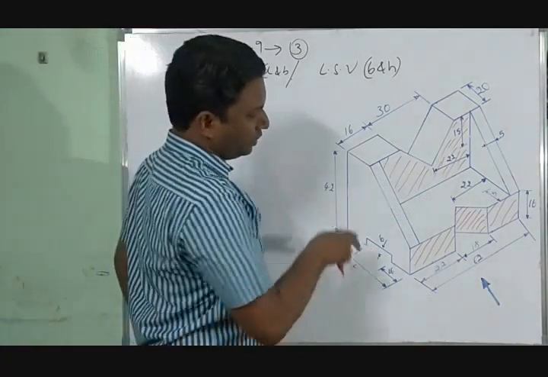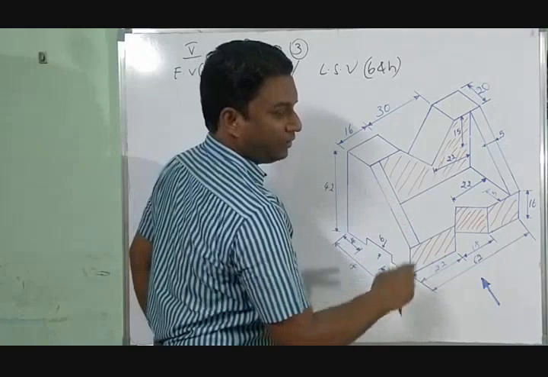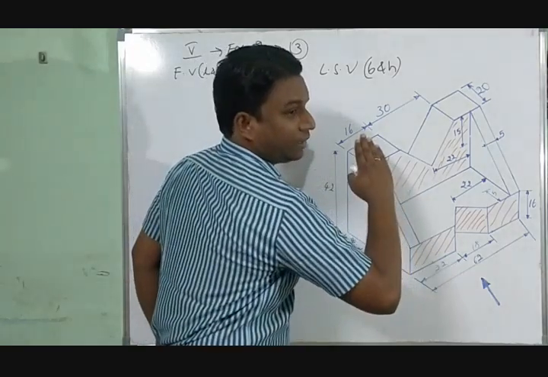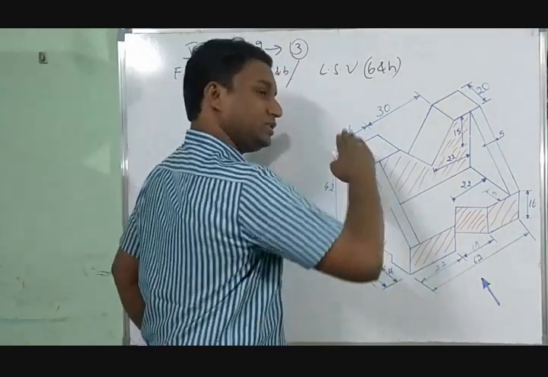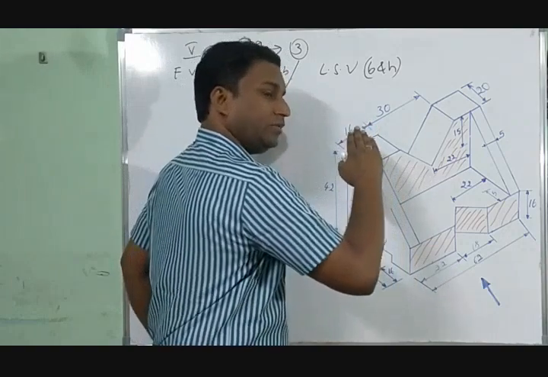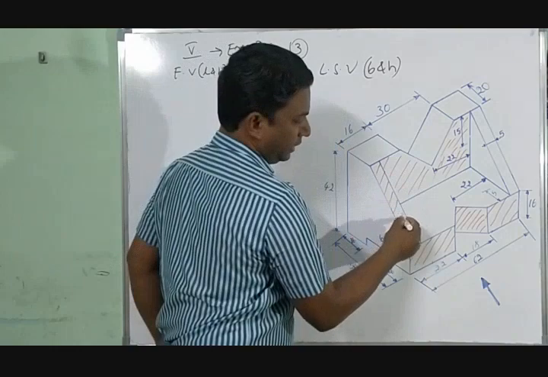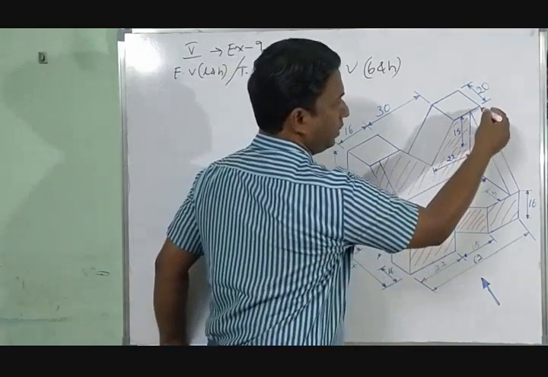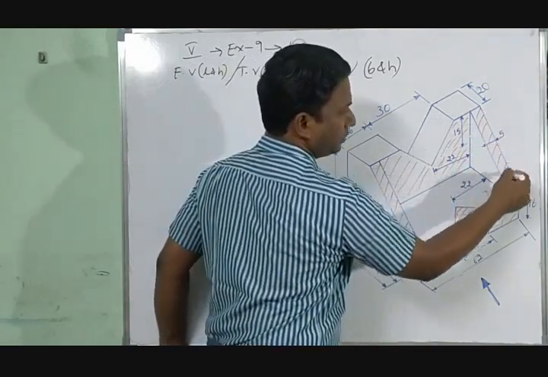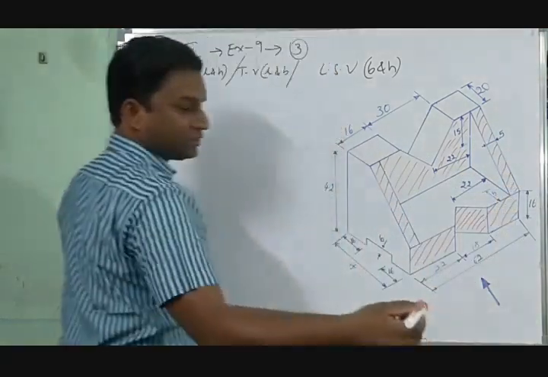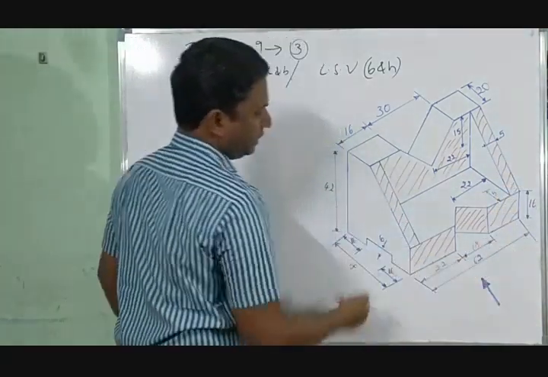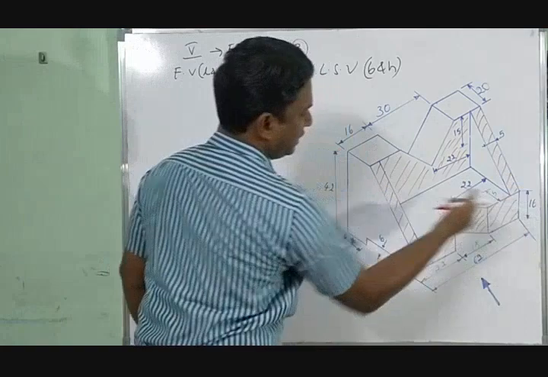And the same way, one more thing, as I said, here it is a tapered one, nothing but inclined, leaning towards the back side. But when you are looking from the front, it will look like a rectangle. This one, and also this one. Hope you all understand the front view. 62 length, 42 height, 62 here, 16 height.